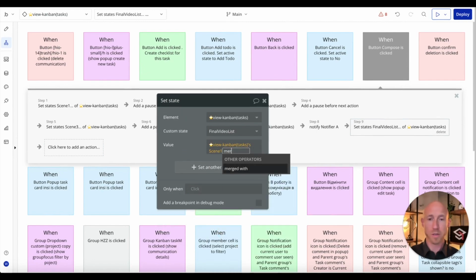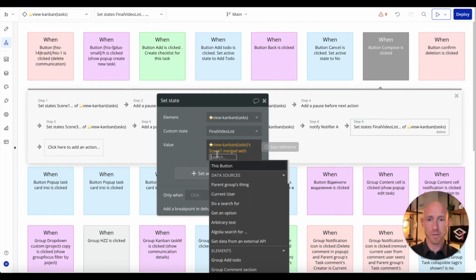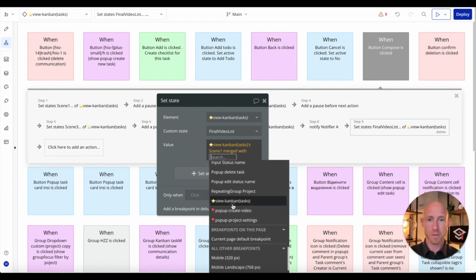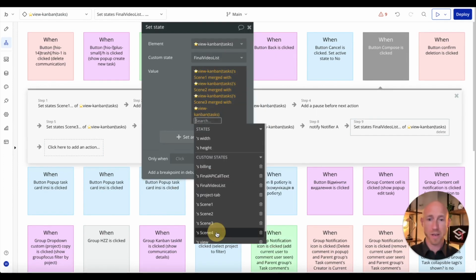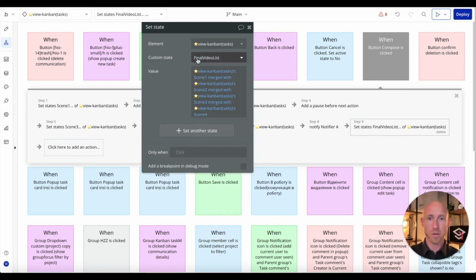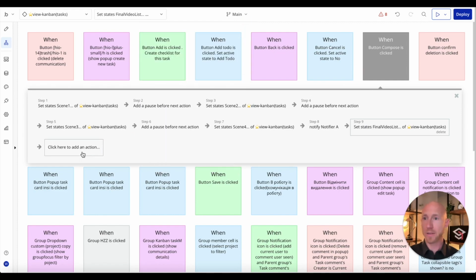Scene 1 merged with star scene 2, and finally star scene 4. Okay, so all of these get merged together into a final list. That means what we've got is that we can